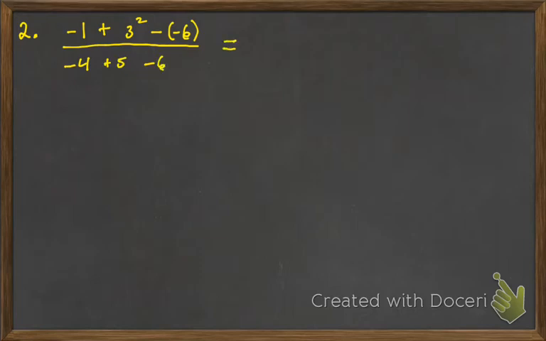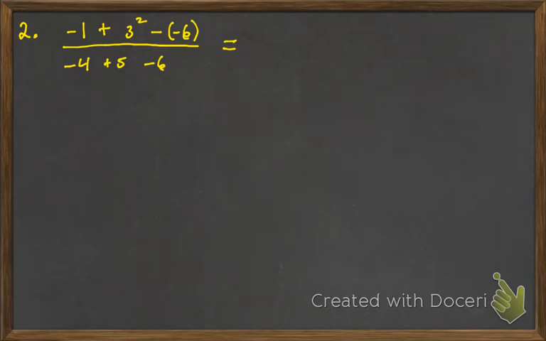Let's see what we got now. So number 2, I think we got a fraction here. Negative 1 plus 3 squared minus negative 6, all over negative 4 plus 5 minus 6. Okay, so for this type of problem, if it's a fraction, you can think of it as 2 separate problems. Work out the top following the order of operations, work out the bottom following the order of